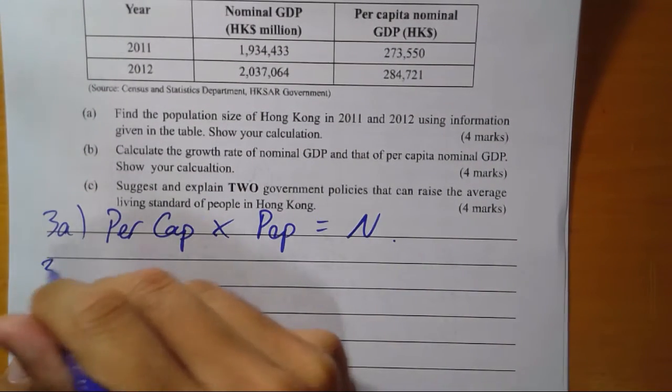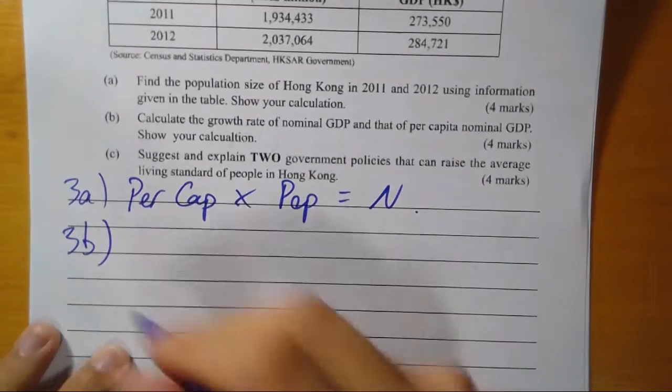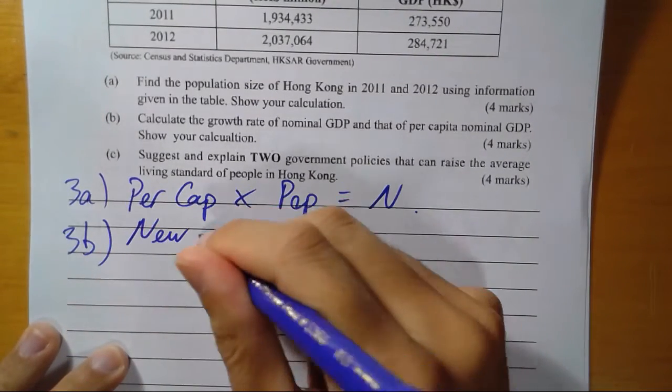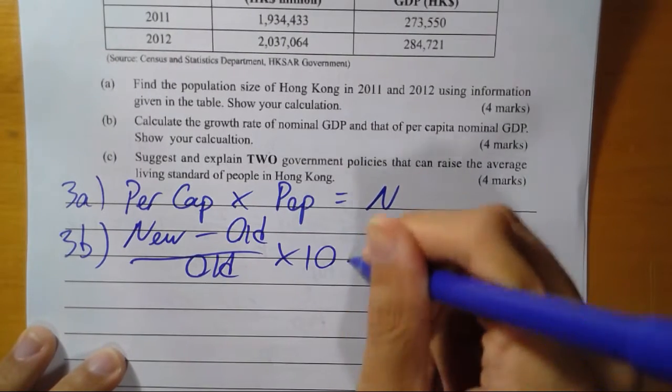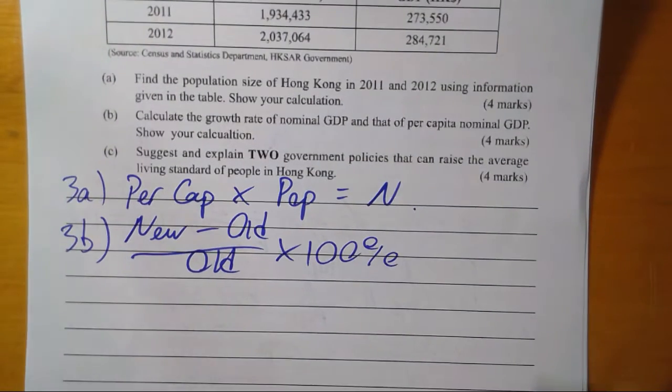Again, use the formula new minus old divided by old times 100%. 喂，我真係唔想嘥時間，好嘛？